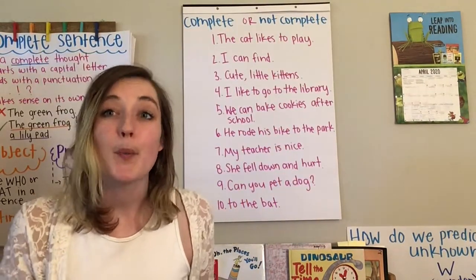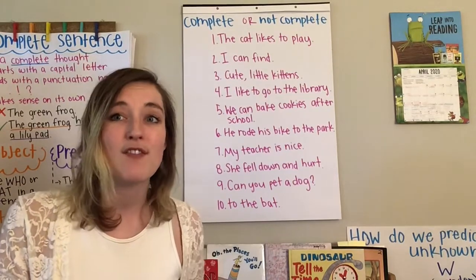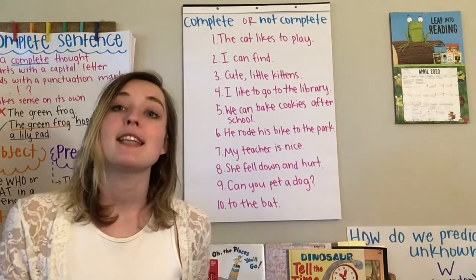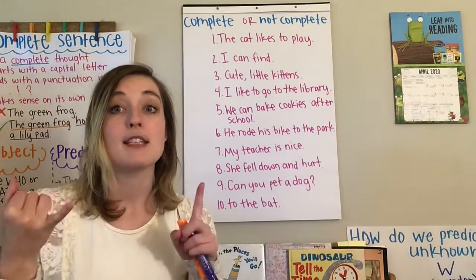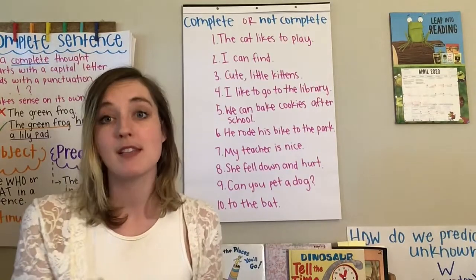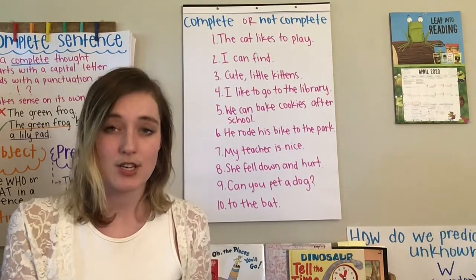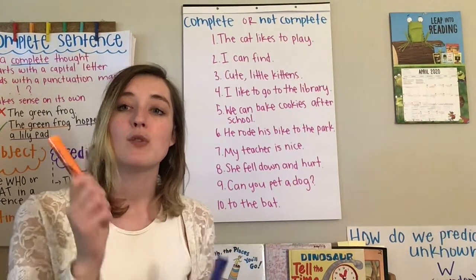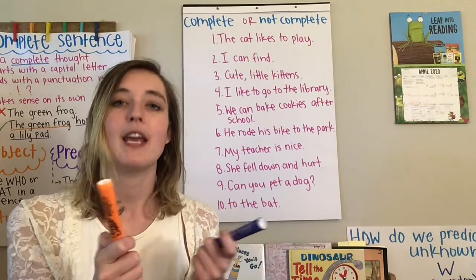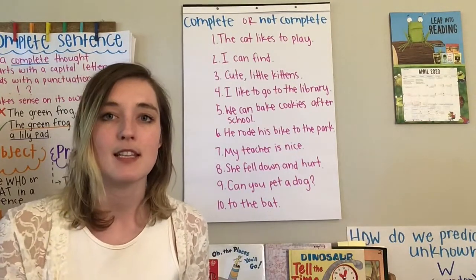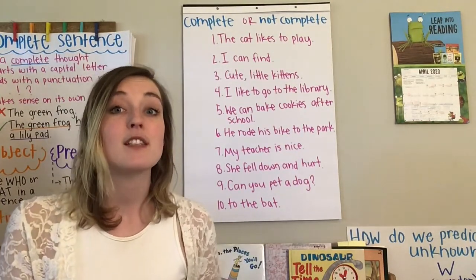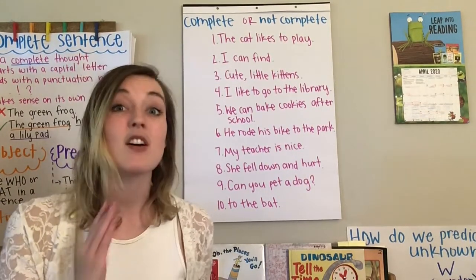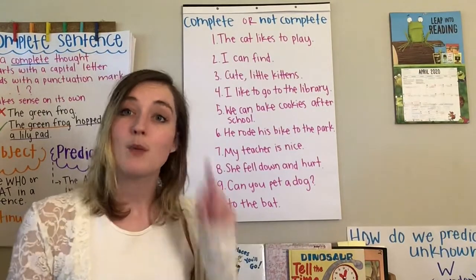Okay, so now that we know what a complete sentence is, we're going to try and figure out if any of these sentences right here are complete. So remember, it has to have a subject and a predicate. A subject means who or what is in the sentence, and the predicate is the action that it needs to have. So what I'm going to do is use two different colors. I'm going to use orange for subject, and purple for predicate, and I'm going to underline those parts in the sentence. From there, I'm going to figure out if it's a sentence or if it's not. If it is a sentence, I'll give it a check mark, and if it's not a sentence, I'll give it an X. So we're going to get started with number one.